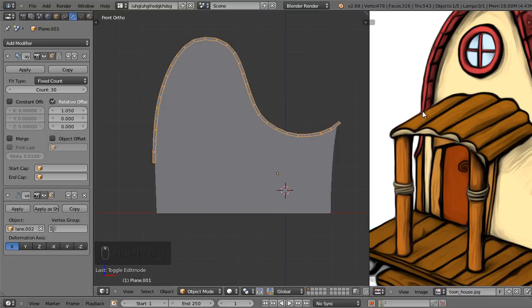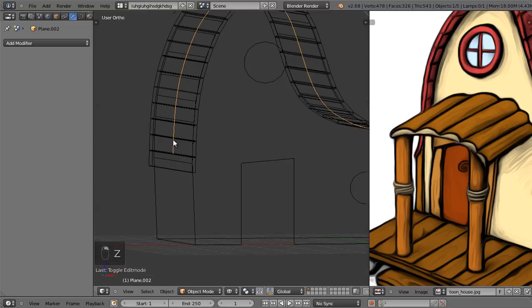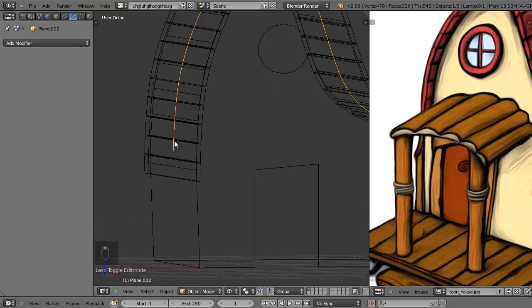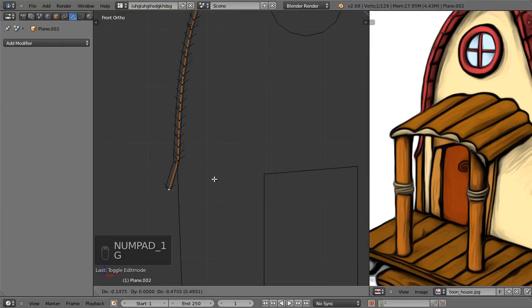Now if you check the bottom of the roof planks over here on the left side of the house, they start to fan out a little at the very bottom. We can create that by modifying the curve that we made. So select the curve, go into edit mode, and select the bottom vertex, and in front view let's just stretch this down and move it out like that,